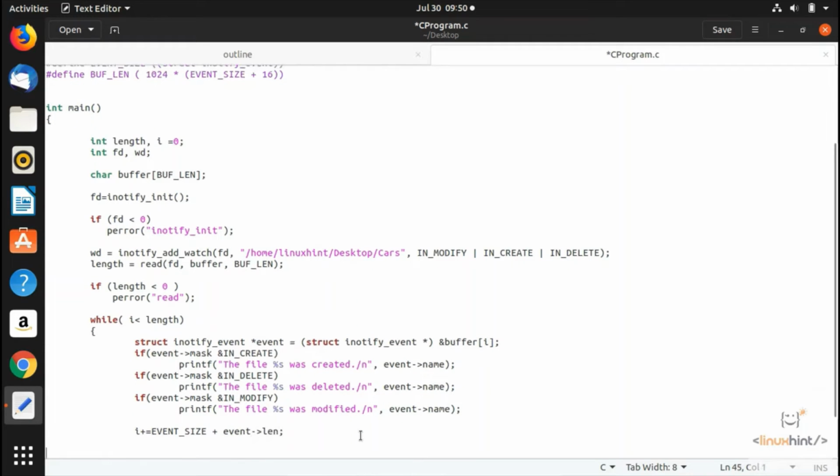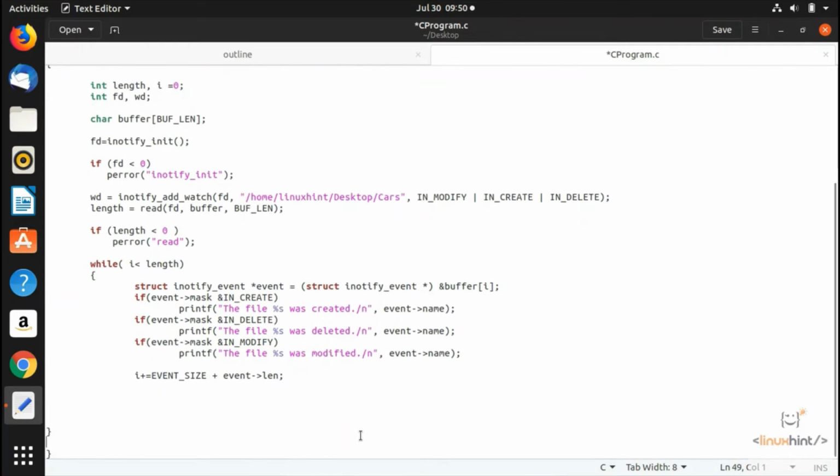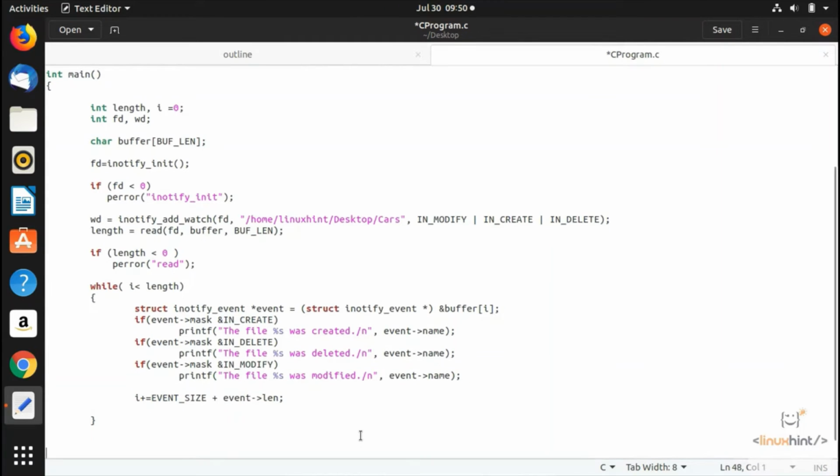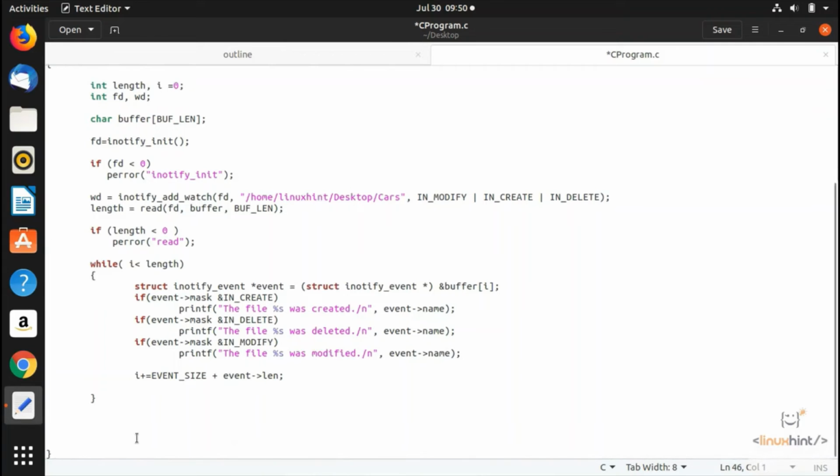Okay, so after that you basically close the while loop, which is here. Okay, and we have already closed it, so let me just bring the cursor here, bring the curly braces here, so that you can understand the while loop has finished here. So after that, once the while loop is finished, now what you have to do, you have to write here